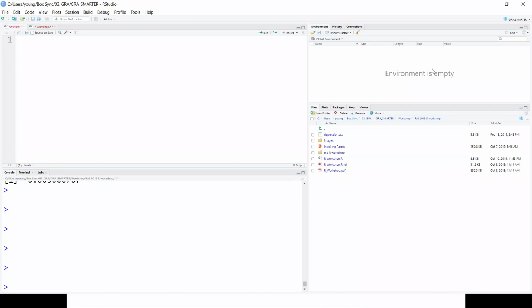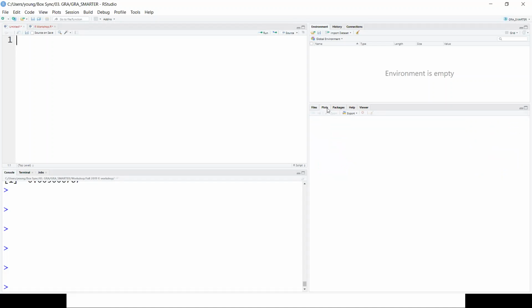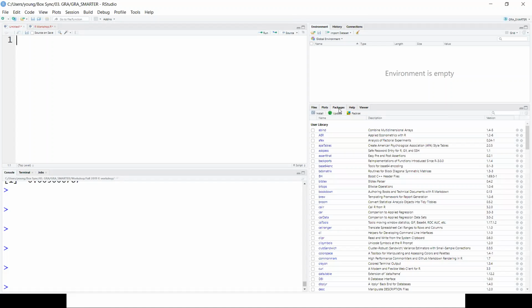And for the lower right part here, you can see this tiny folder. This is actually the same as the file folder that you usually see on your screen. So you can also see your folders here. Or if you plot something, your plot will appear here. There's nothing here yet. And then the packages you downloaded. I downloaded a lot of packages, so there are many, but probably you won't have this many yet.